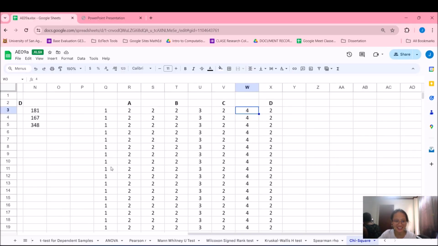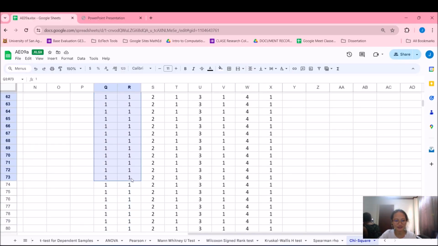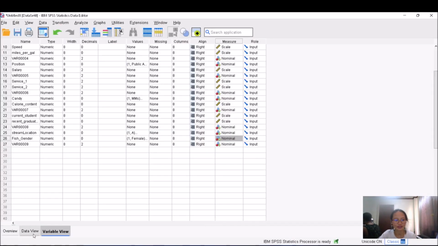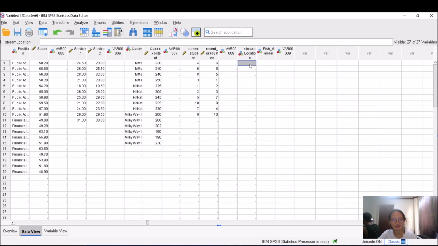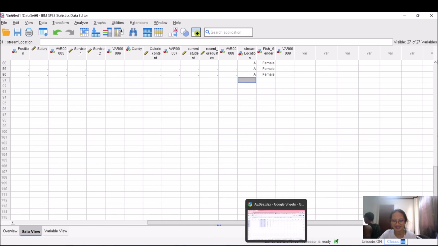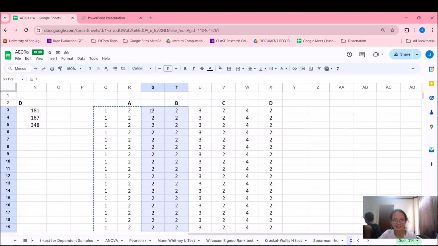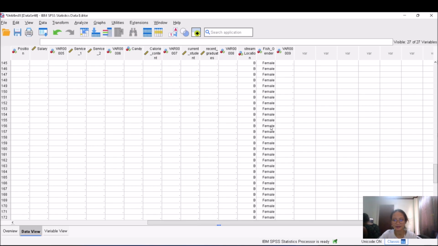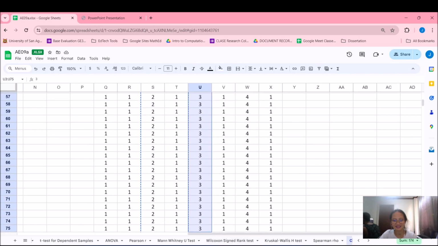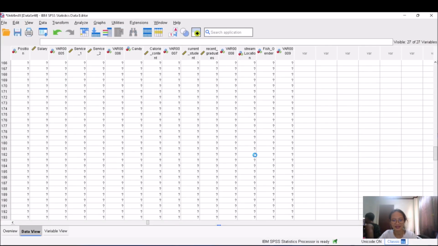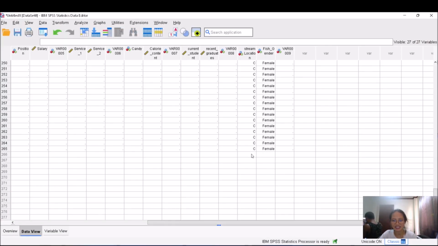And you go back to our data set here, and then we copy your data. So for stream A, go to your data view, then just click stream location and fish gender A for A, and then for B, copy this as well, B, then for C, and lastly for D.